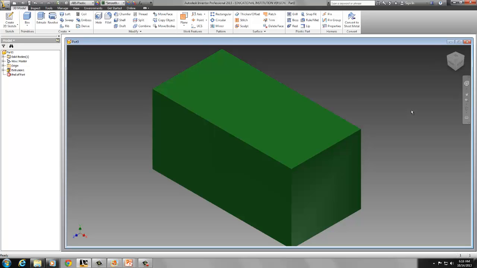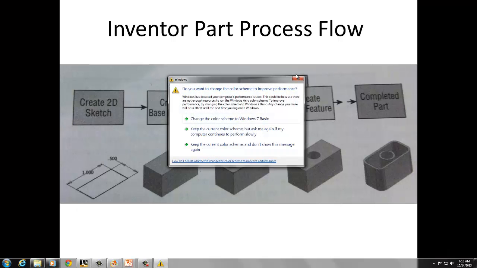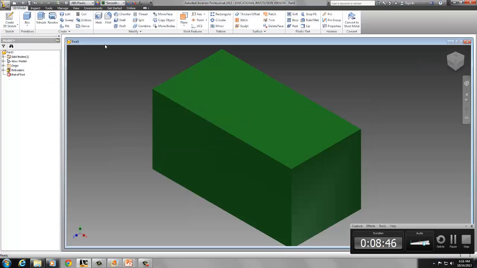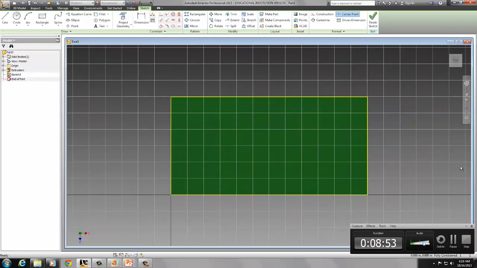What I'm going to do is add on to this by extruding further. Just like our process flow shows, I've basically gotten here. Now I need to choose a surface on which to create another 2D sketch in order to enhance my part and get to where I want to be. So I'm going to create a 2D sketch. I'm going to choose the top surface, and you can see it turns nicely and presents me with some graph